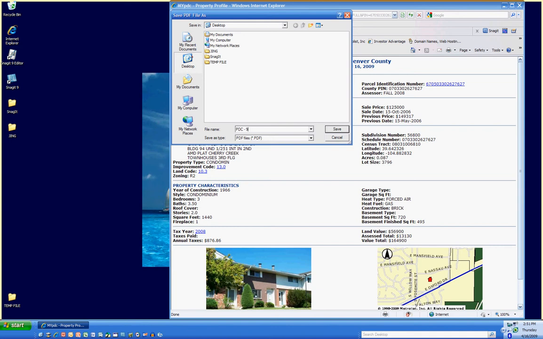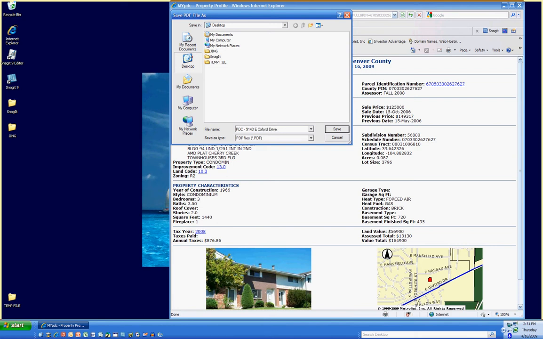The way that we name our files is consistent with every file that we're going to store onto our FilesAnyWhere account. So how we name our files is first what the document is. And in this case, this document is a PDC report. So that's exactly what we call it, PDC. And then we put the address after that. So in this case, 9143 East Oxford